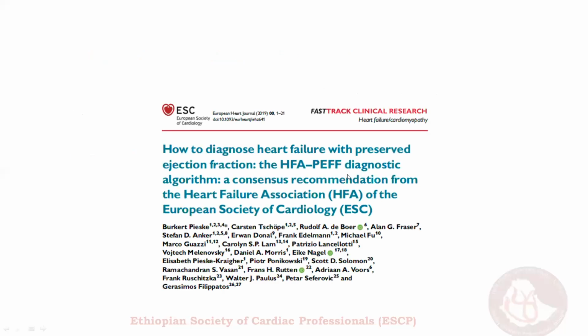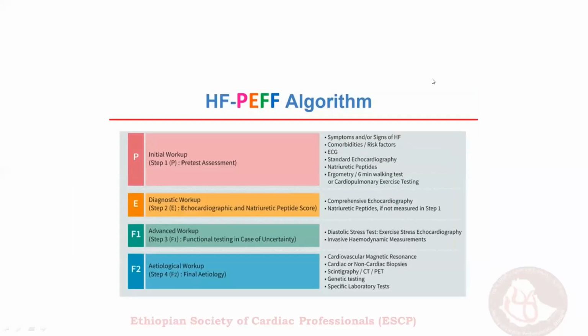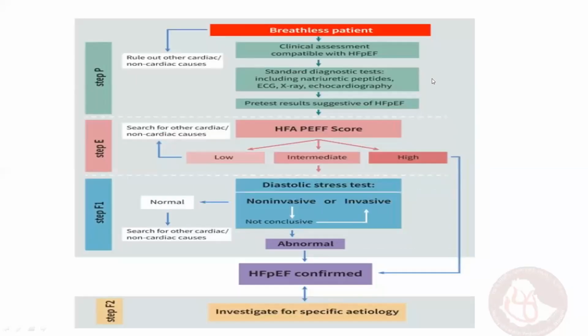So how to diagnose heart failure with preserved ejection fraction? This is the HFpEF diagnostic algorithm, which was developed by a group of experts from the Heart Failure Association and the European Society of Cardiology. So as you can see, if a patient has come to you with breathlessness, shortness of breath, you should take a history and do a clinical assessment compatible with HFpEF. We have to ask about fatigue as well, and we go for standard diagnostic tests like natriuretic peptides, and also we have to do